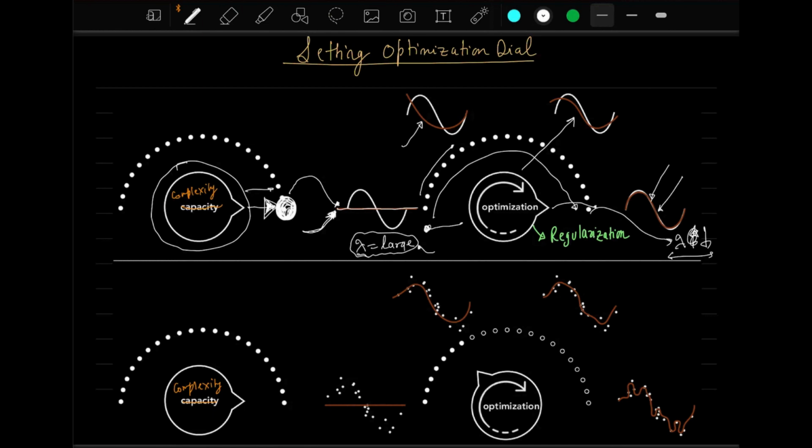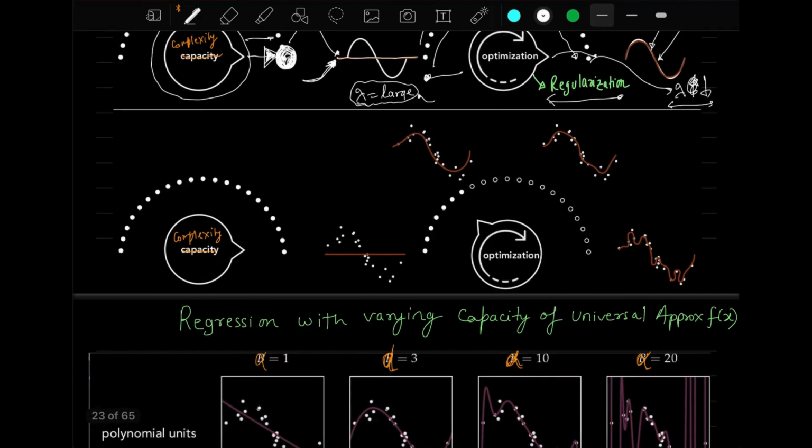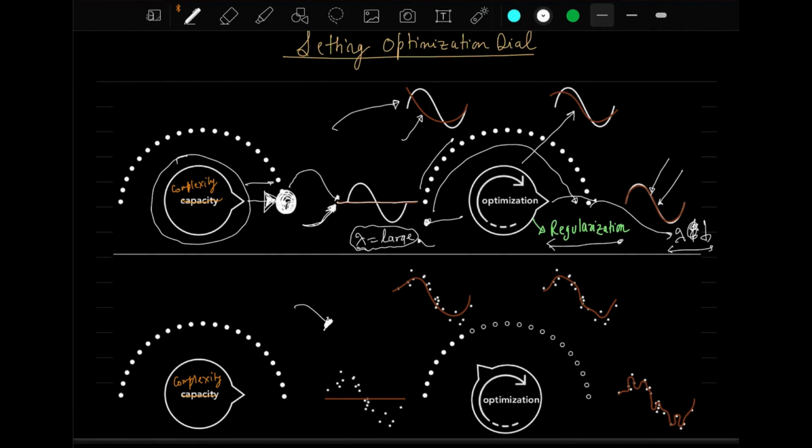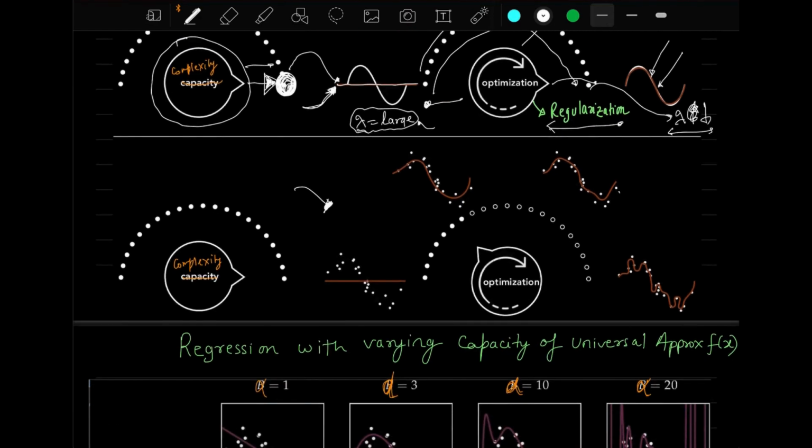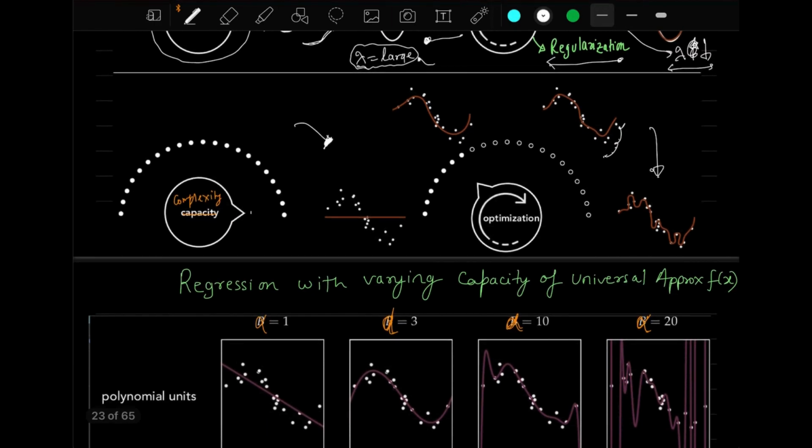So I will repeat once again that even if the model is complex, and if you tune the lambda, that is the regularization parameter, then that model will become a simpler model also, and that model can become a highly complex model also. So lambda plays a very important role in changing the complexity of the model. And this is showing you for the real data. Oh, sorry, this is for the perfect data. Same story. As you can see, the points are very few. So it is showing you the same story, that you are optimizing, but your capacity is high.